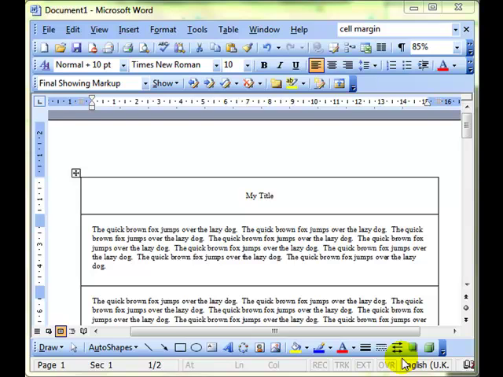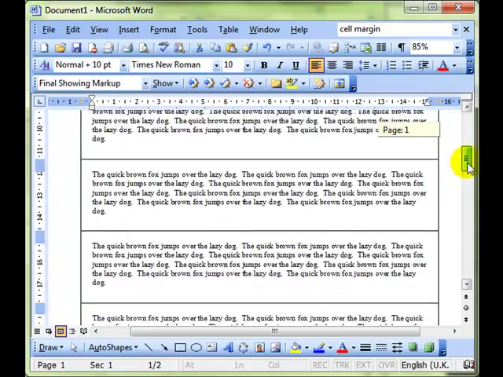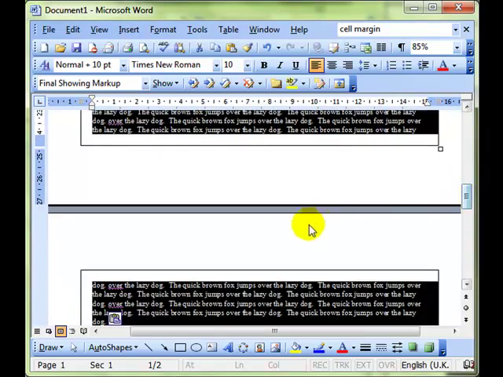We're going to look at two more features in table properties now. The first is header row repeat, and the second is allowing a row to break over a page. I've got a table in my document, and if I scroll the document down, you can see that the table goes over more than one page,